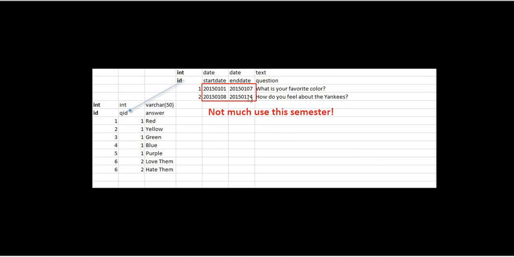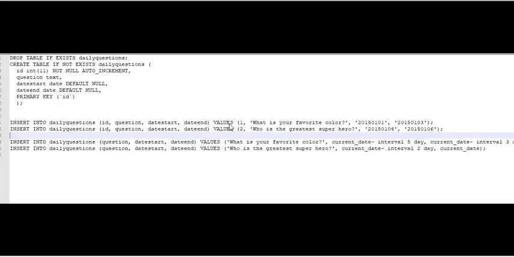Now, I've got questions from 2015. That was years ago. I don't need these questions, right? They're not going to be very much used this semester. So I've got to figure out how to handle that so that I can have some questions that are useful this semester. And the way I'm going to do that is I've got a daily.sql file that I'm going to give you,